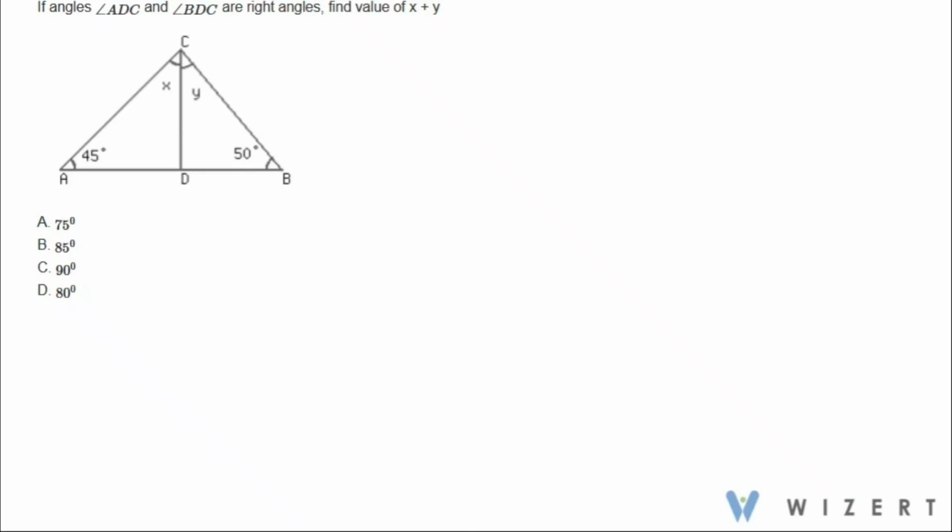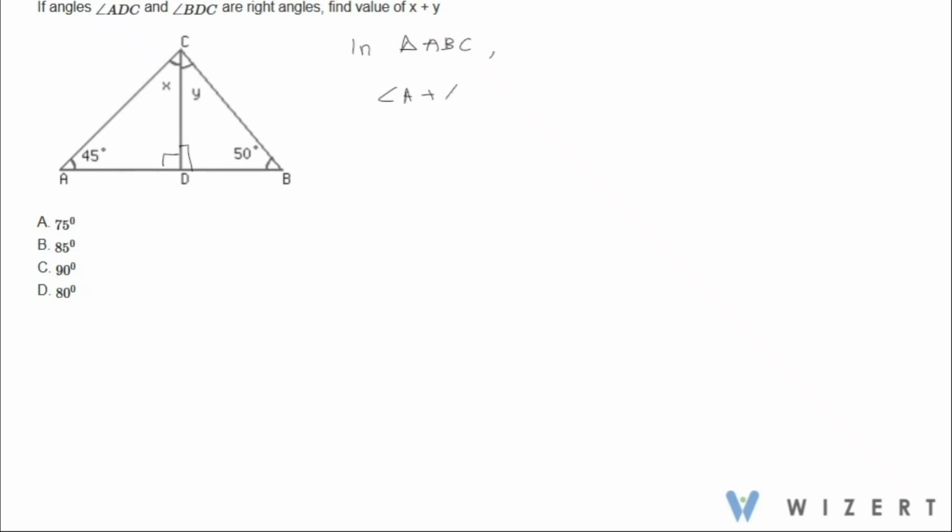We have this question here. If angles ADC and BDC are right angles, find the value of x plus y. The information that these two angles are both right angles is not required here. We can say in triangle ABC,